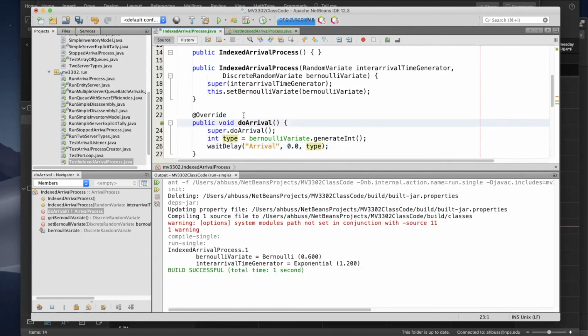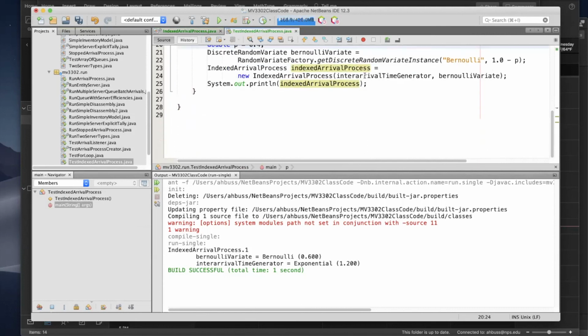It wants me to add the override. That override tag is always a very useful one. So what I'm doing is saying that whenever an arrival occurs, I'm going to generate the type and schedule an arrival passing that type. So what I'm going to see here is, when I run it in verbose mode, it should give me